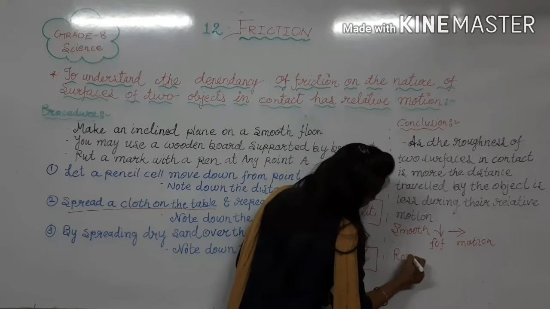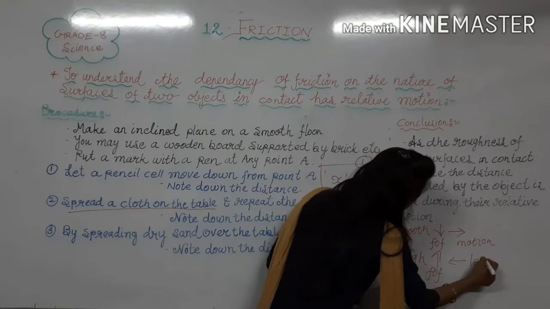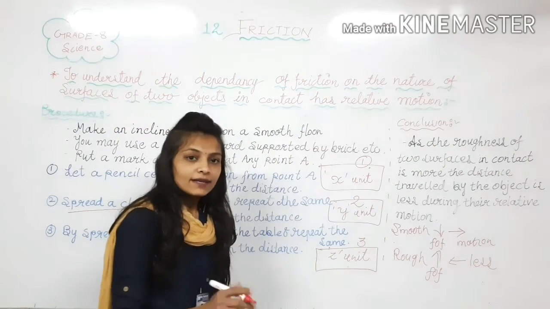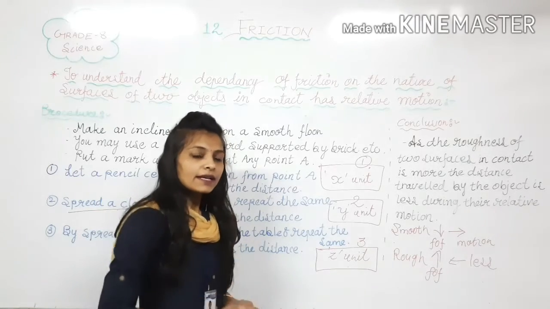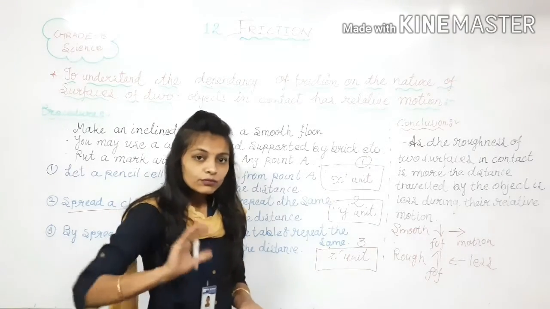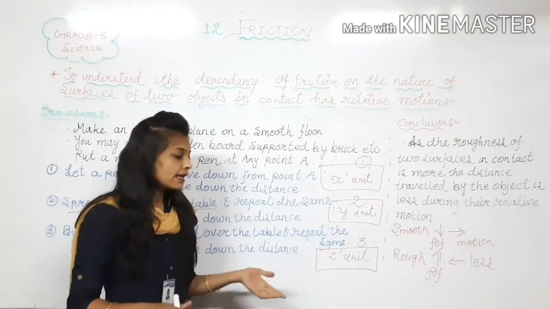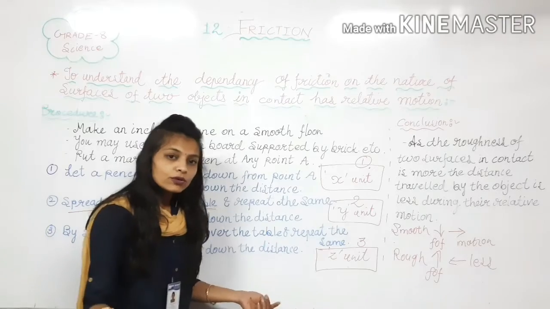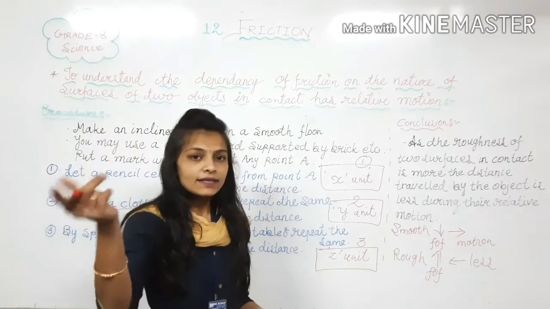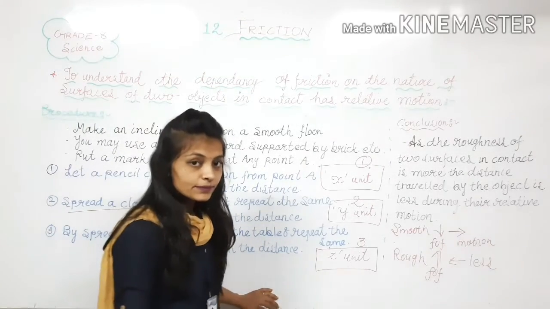Same here, on the rough surface, force of friction will be more and motion will be less. You experience this while riding a bicycle also. If the road is straight, if you are riding on the national highways, what happens? Our speed will increase. We have to apply less force only. Same like if the surface is rough, if you are riding the bicycle on a normal road, you have to apply more force, and your motion of cycling is very slow as compared to riding on the highway. So the same example I have given here with the example of the cell.